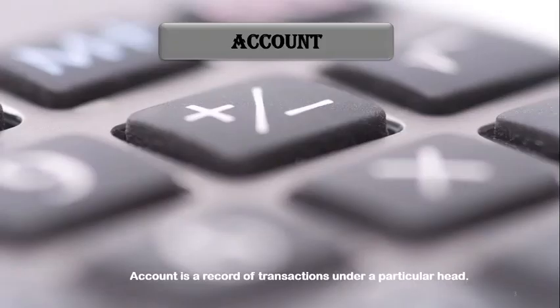So, in my previous video, I explained that while learning the process of accounting, there is a step called classification. Once the transactions are recorded in the journal, we classify them according to their nature, and we prepare each and every account. Like for every item, we prepare an account. Now, what is this account? An account records the transactions in a particular head.